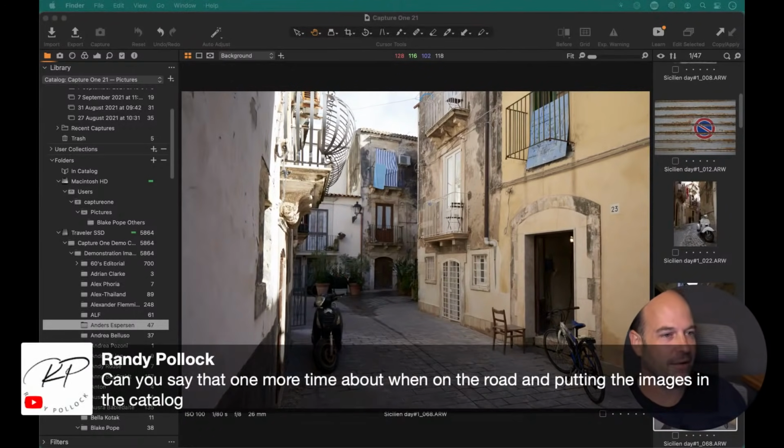Randy, can you say that one more time about when on the road and putting images in the catalog? Yeah, so